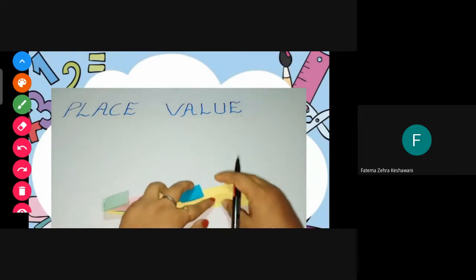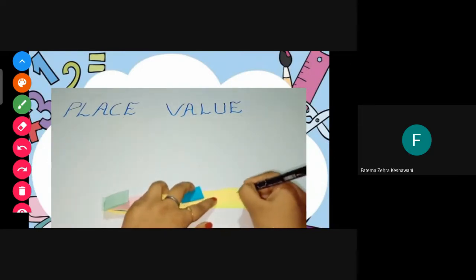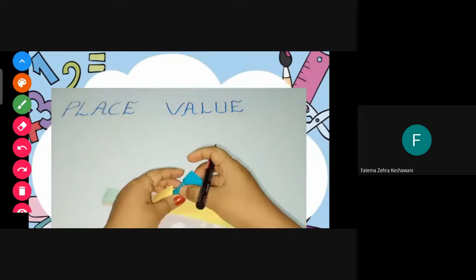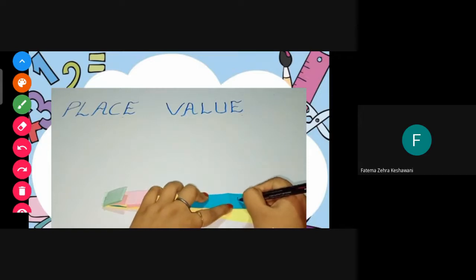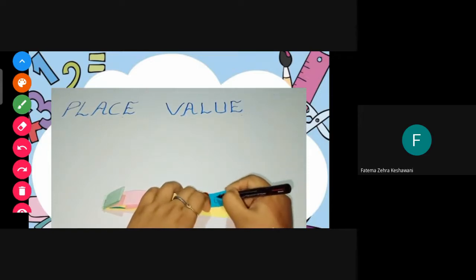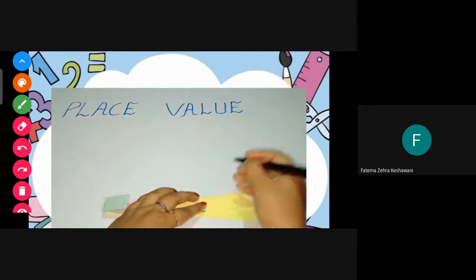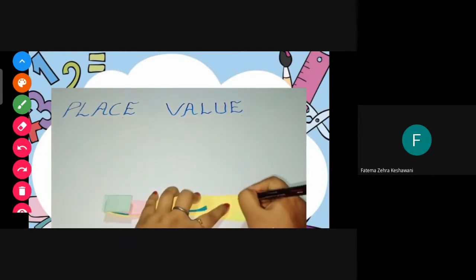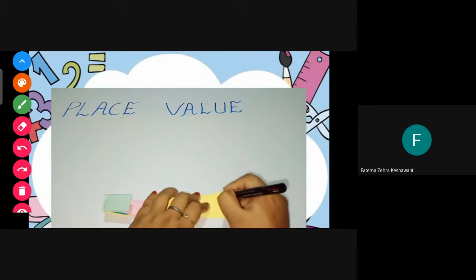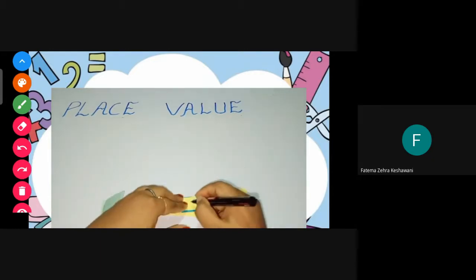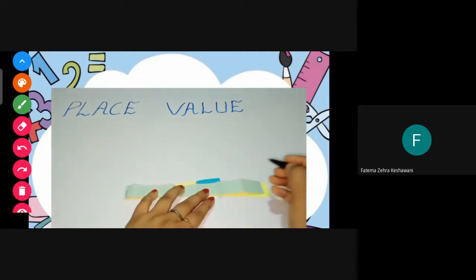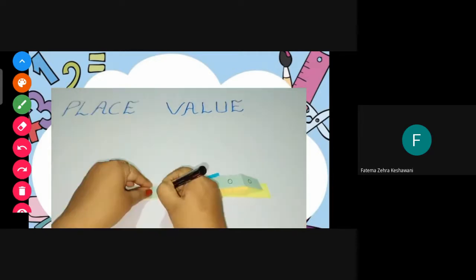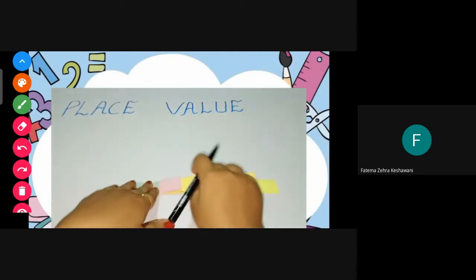This way you have to fold it, and again you have to open it, and inside, there you have to write zeros, in as many folds as you have folded inside. If one fold, then 1 zero. If two folds, then 2 zeros. If you have folded three times, then 3 zeros, in all three parts. Here you have folded 4 times, right? So 4 zeros. Then fold again. Then here 5, so 5 zeros. Then fold again.